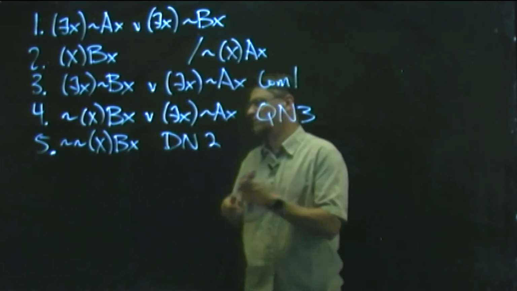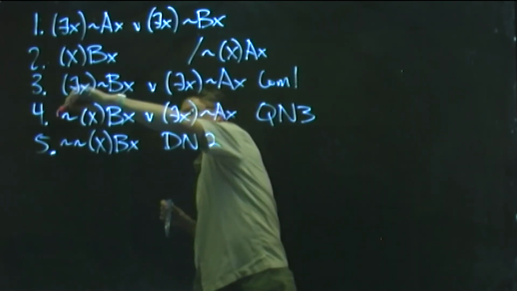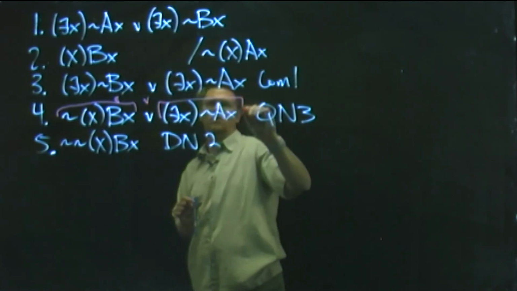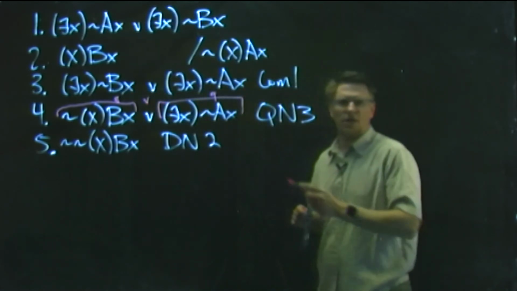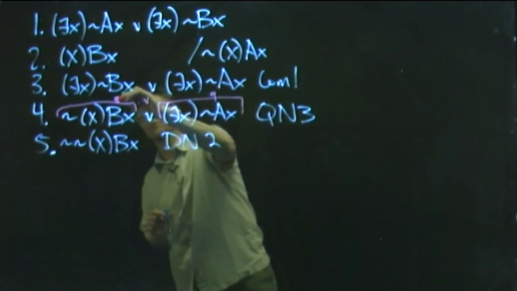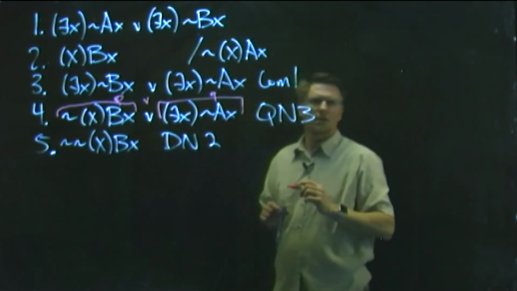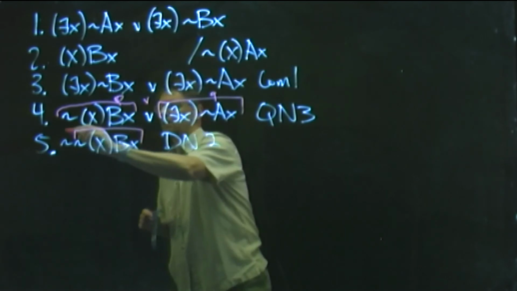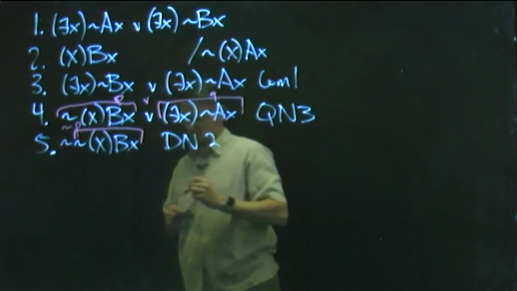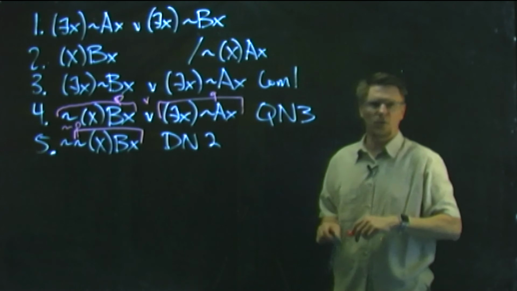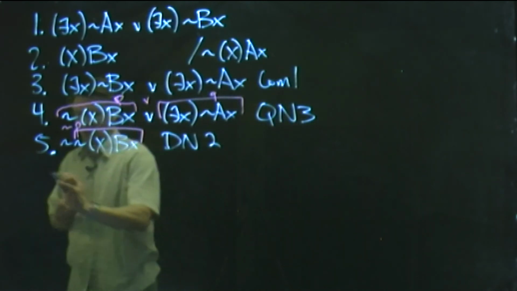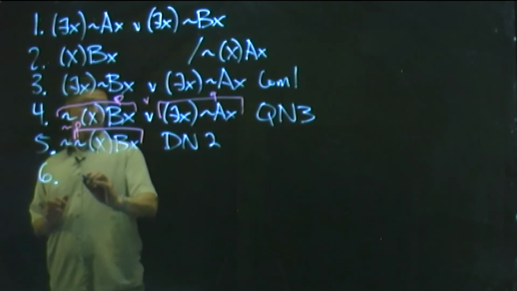The pieces are quite big, we might say, but that's P wedge Q. And then down here we have tilde P. We have P wedge Q and tilde P. That means we can do disjunctive syllogism, giving us